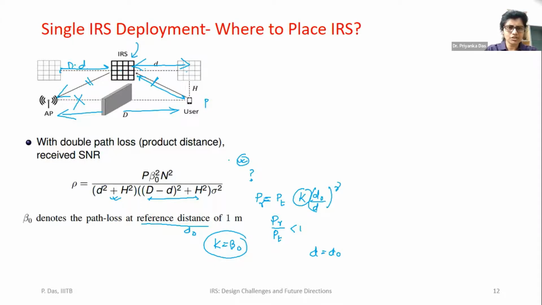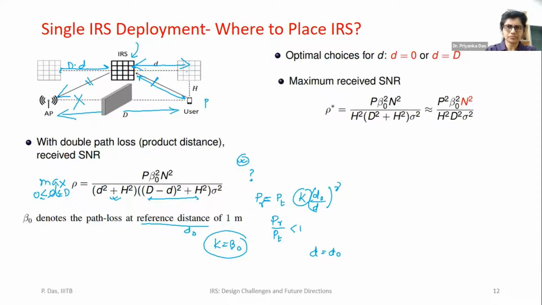Now you are asking the next question: how do I optimize rho as a function of small d? So your question will be maximum rho as a function of small d. My small d can take values between 0 and capital D, because small d is the distance between the user and AP, where you place your IRS at a small distance apart. This is high school math. You can do it: take the derivative with respect to d, set it to 0 and solve. Your optimal choice will be at d equal to 0 or d equal to capital D. So it means that you can place the IRS either here or here, which will give you the